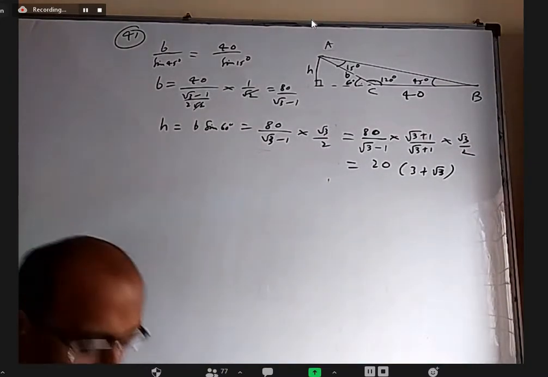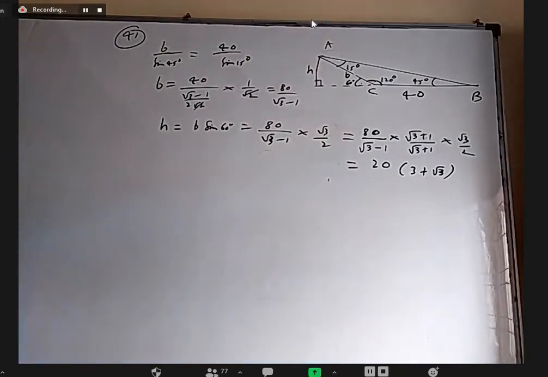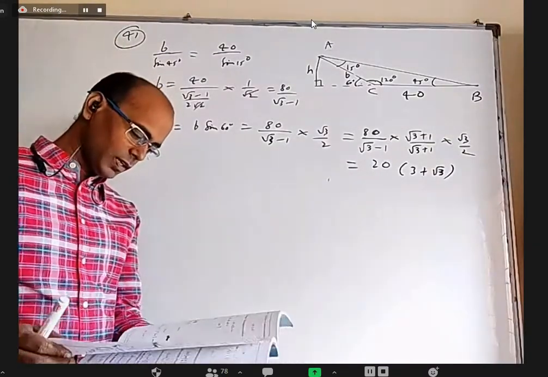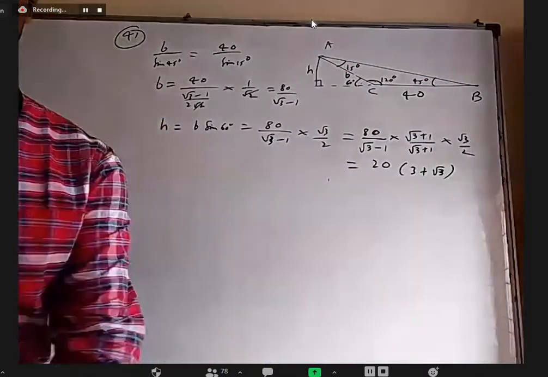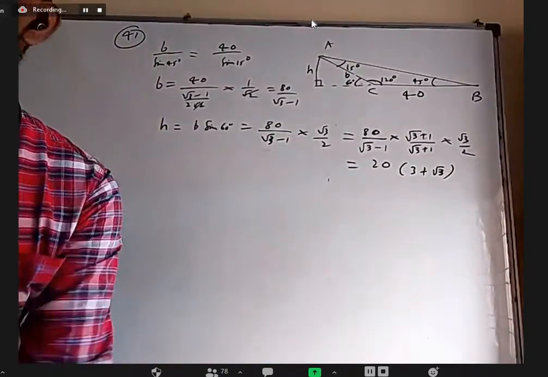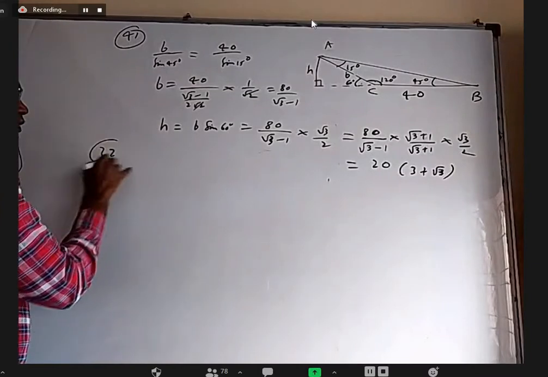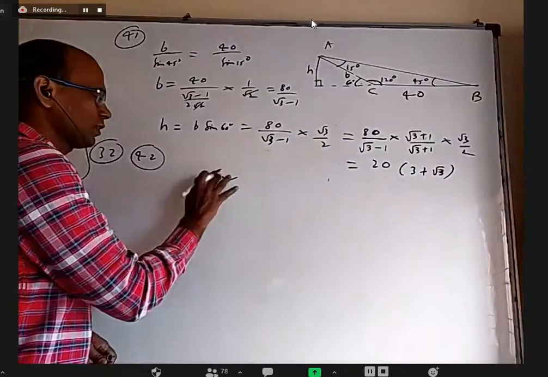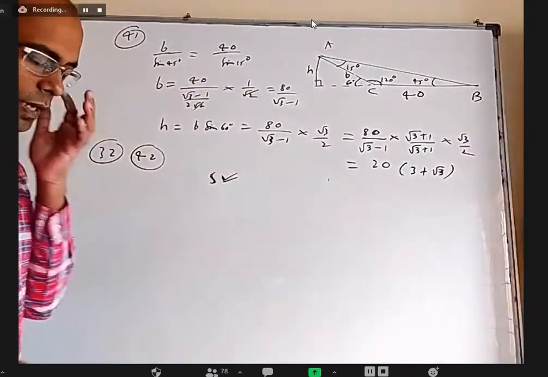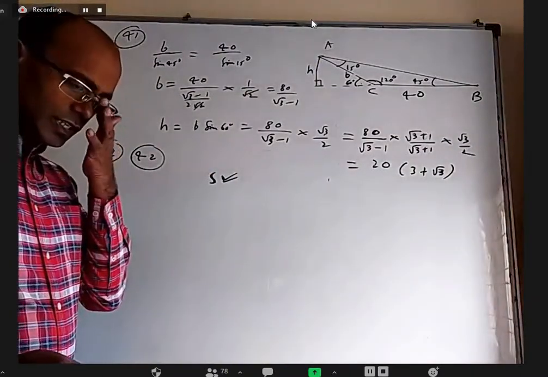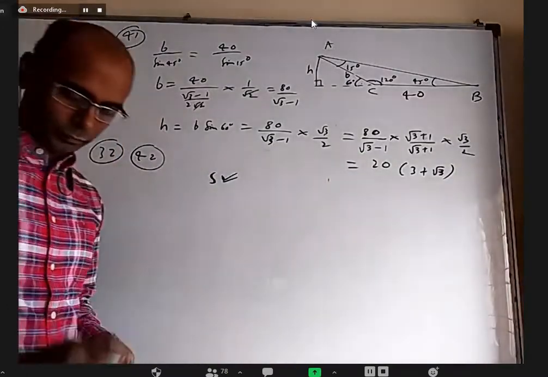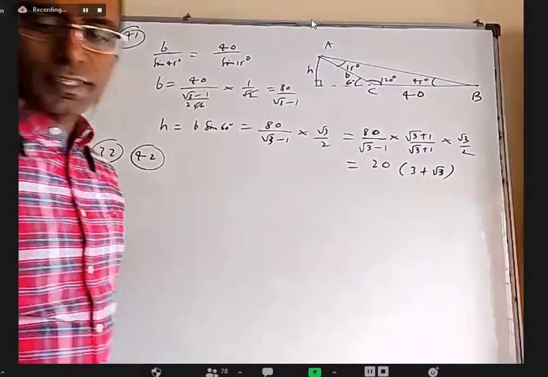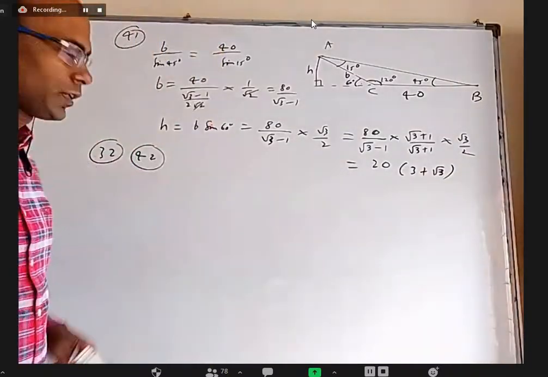Anyway, why I'm talking about all this: I am covering two questions simultaneously, 42 and 32. For me, S, the semi-perimeter or perimeter, is given, fixed. But A is changing, B is changing, C is changing, so delta is changing. I want to find the minimum delta. We'll just use, in one step, the simple AM-GM inequality and prove it.